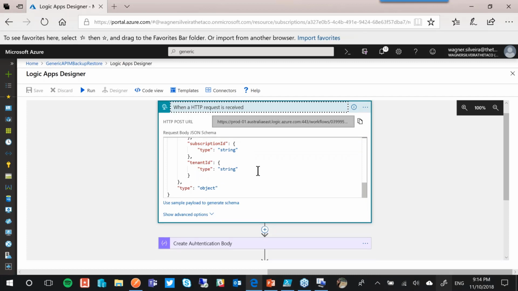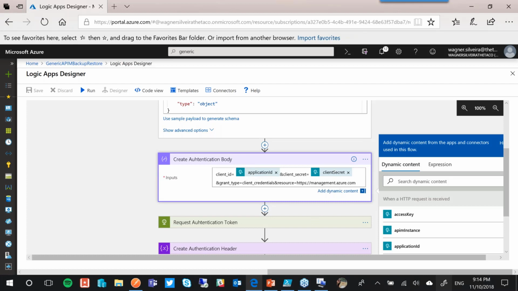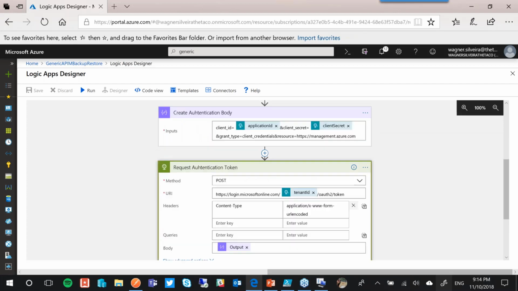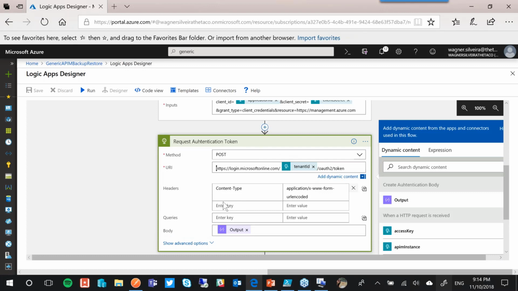So the first thing we need to do is create the authentication body to make a call to request the authentication token. Basically, the client ID is the application ID that we pass in as a parameter, the client secret associated to that, the type of grant, which is client credentials, and the resource, which is the management API, management.azure.com. Then we do a POST to login.microsoft.com on our tenant ID OAuth2 token, passing that information with